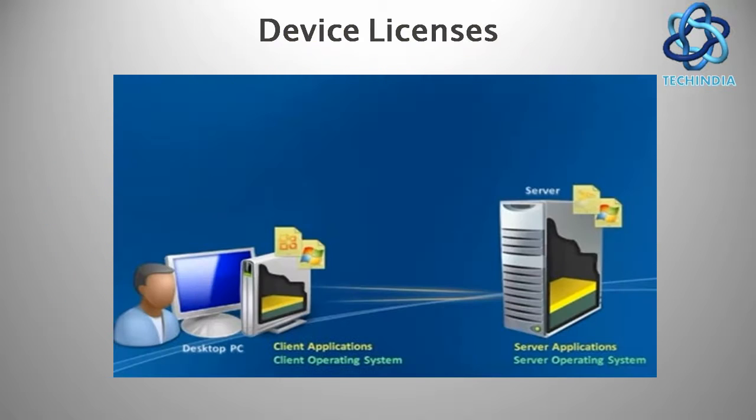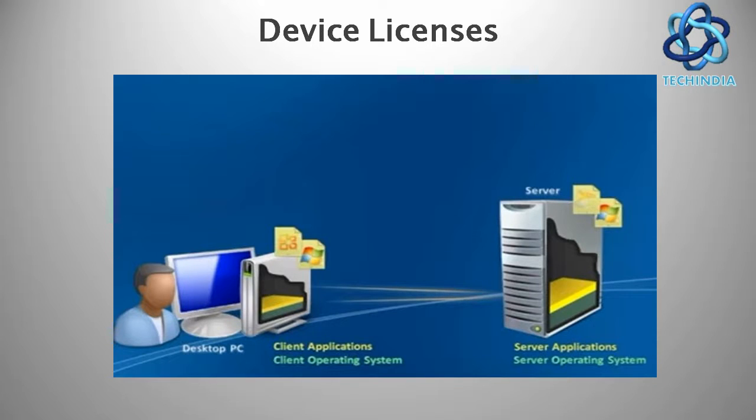First is device license. What do you mean by device license? For example, we are going to purchase a desktop as well as one server. For that particular desktop, I'm going to purchase the Windows 7 operating system. For that, I need one license. That license is used to run Windows 7 on that particular desktop. Similarly, for MS Office also, I should purchase a license. That is what we can call device license. Similarly, on the server also, we should buy a server license. If I'm going to install Exchange, that license we can also call device license.